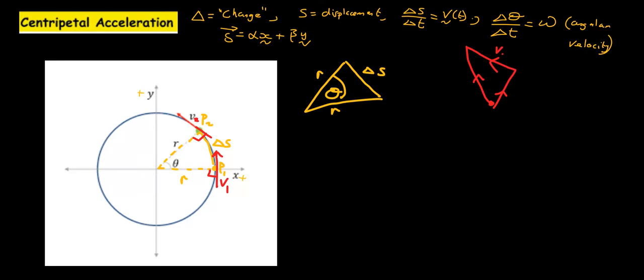So we get velocity 2, velocity 1, got our theta, and this is change in velocity, which is the change in velocity, this is a function of time, is acceleration. Okay, so I hope you can see that I'm using this in the context of triangle. That triangle,